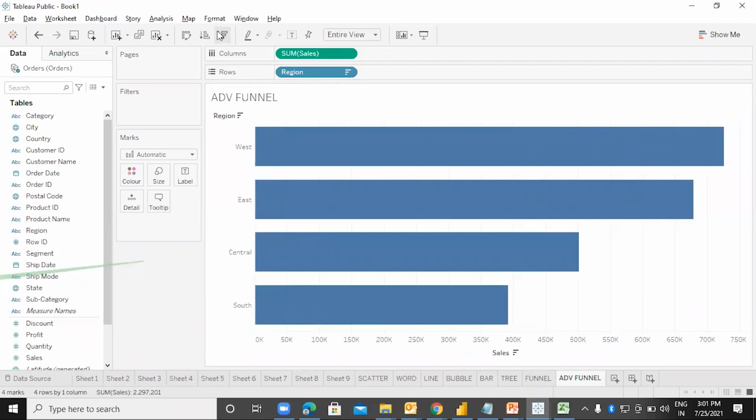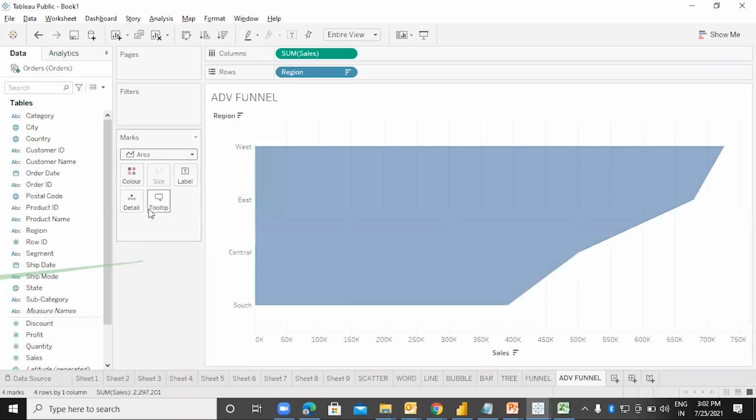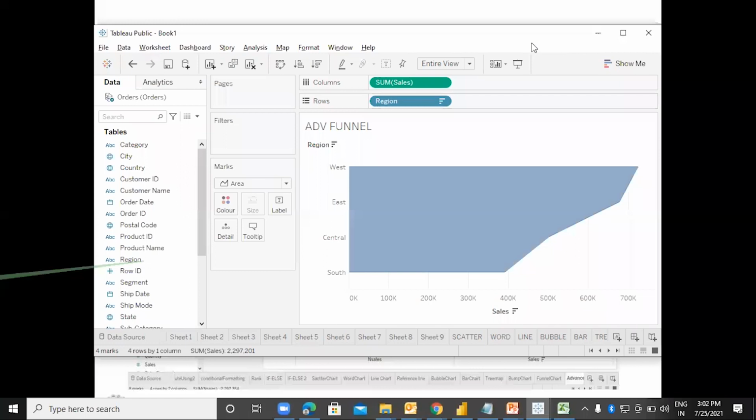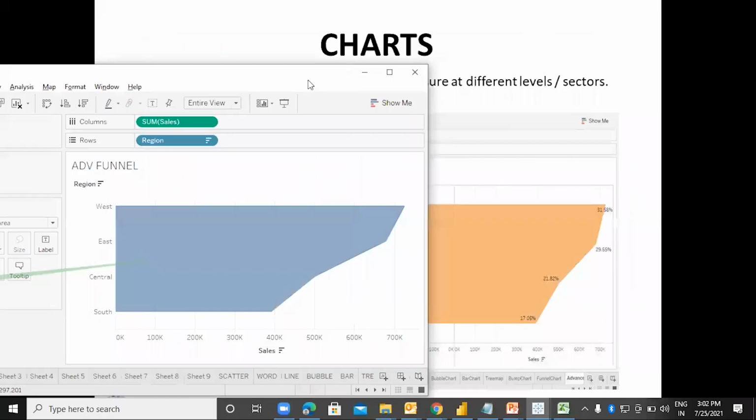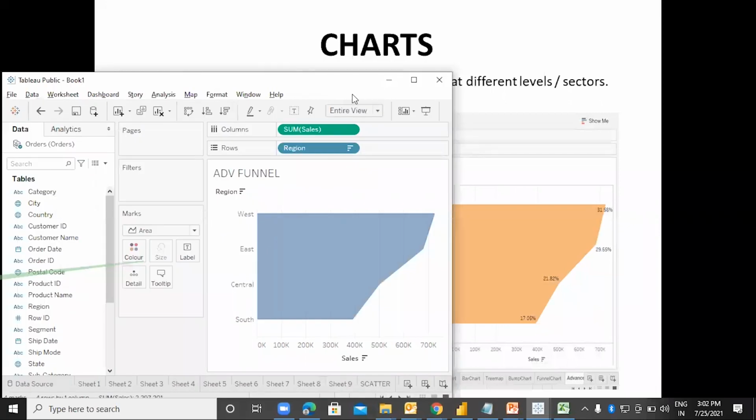So we have created a horizontal bar chart, and I will go to the automatic and I will convert it to an area chart. Okay, it has been converted to an area chart, and if you notice this part, doesn't it look like a half of this? It is the half part of this, right?